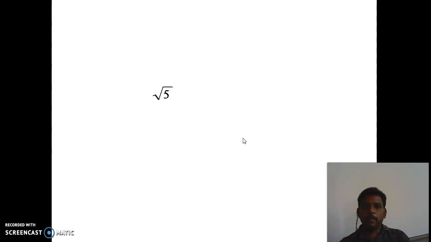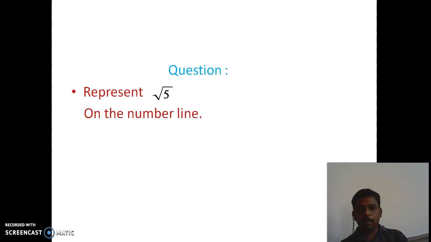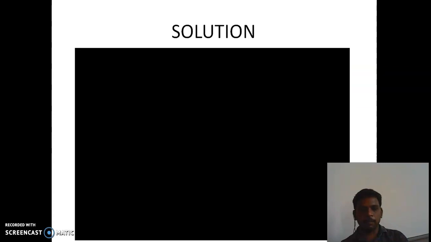Right. Have you seen the video now? So that is a procedure to represent the irrational numbers on the number line. Actually, I drew that number line with rough measurement only. You can take the exact measurement and look at the position of the particular numbers. Now we are going to see one more video, that is how to represent root 5 on the number line. So let us enter into the solution video.